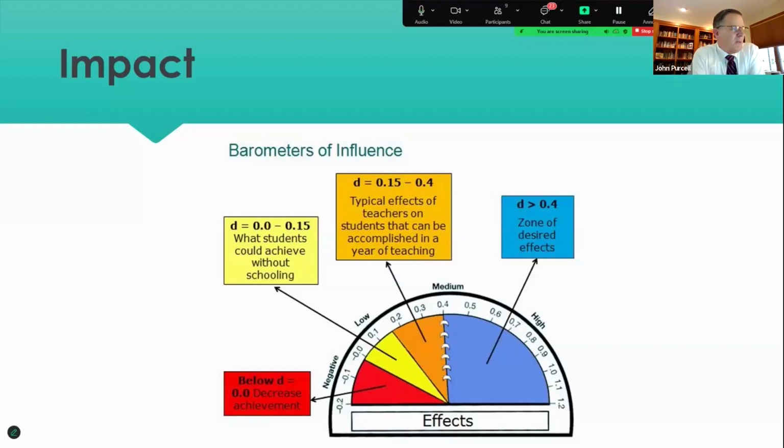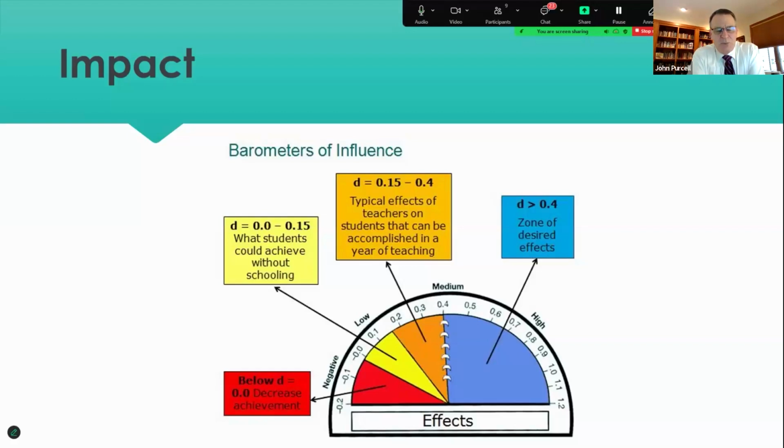But when it's between 0 and 0.15, you're looking at what they could do without schooling. In red, it's going to have a negative effect. Typical effects would be 0.15 to 0.4, and you're going to see these numbers in a moment. When you get to that 0.4, that's where you want them. Hopefully they're going to make more than 1 year of growth, and you have that high effect size